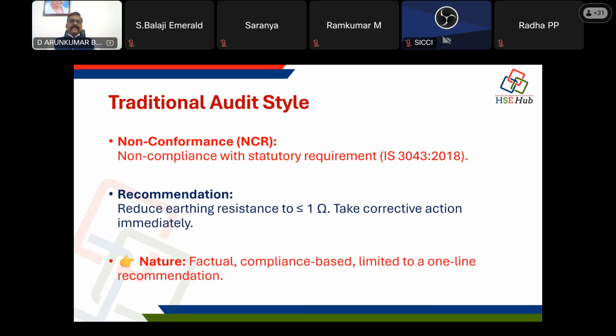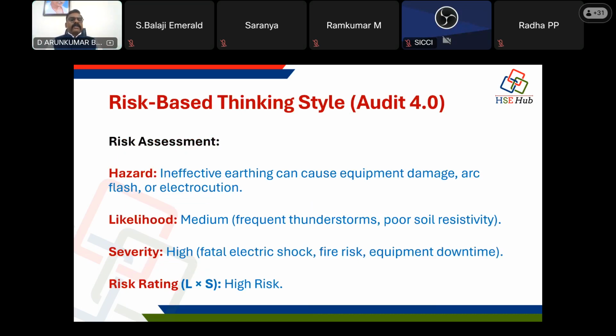What is the nature? Factual, yes, high resistance. As per the compliance, it is not met. So we give one recommendation. But instead of it, now we go with the risk-based thinking audit. Audit 4.0, risk assessment. Now the same observation, but here the first part of the report is that we assess the risk,